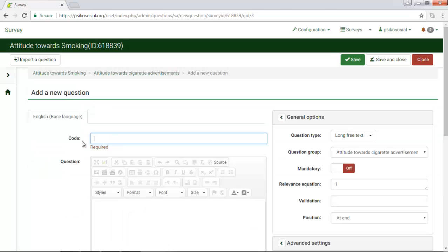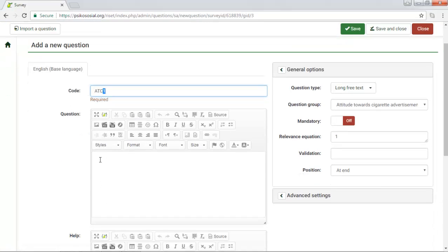Now we should give a code for this item in order to facilitate us when we export our results to SPSS. Because this scale will measure attitude towards cigarette advertisement, I will code this with ATC1. It means that this will measure the domain of attitude towards cigarette, and 1 means this is item number 1. So the question would be,